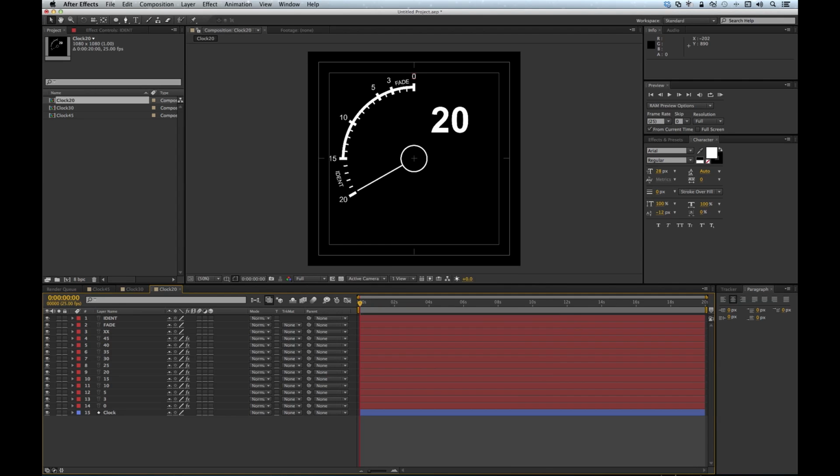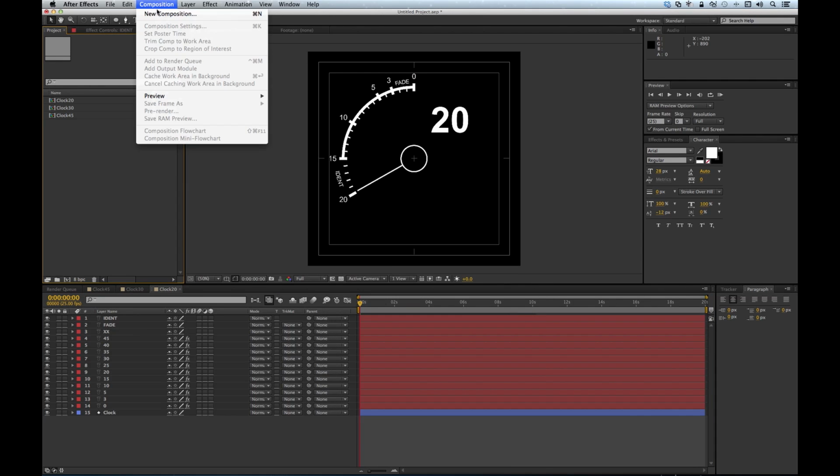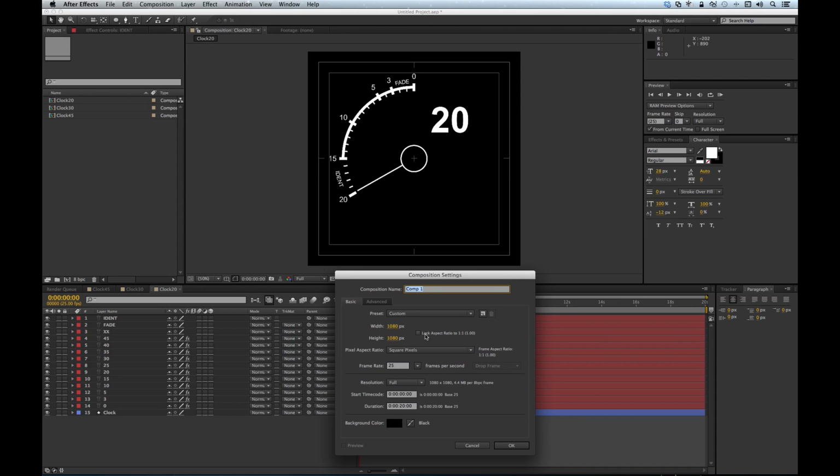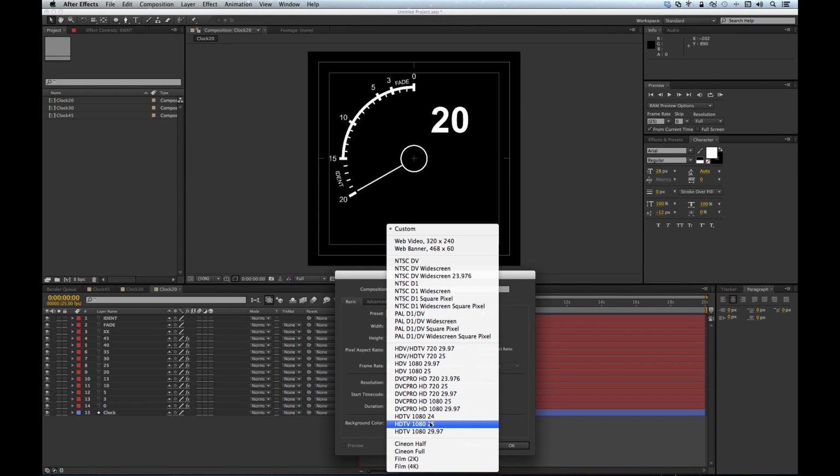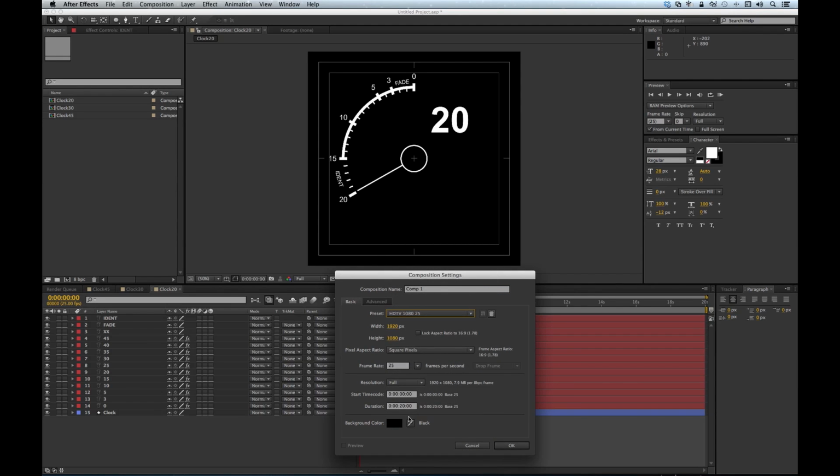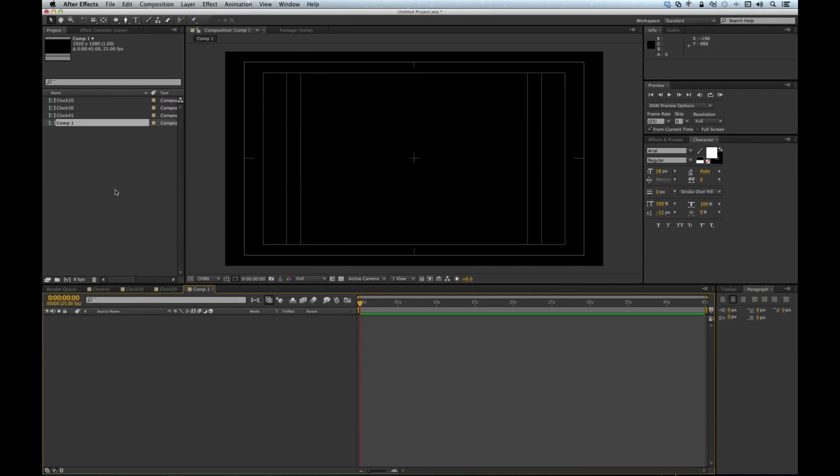So let's create our leader composition now. So let's go to composition, new composition, select the full HD preset, and leaving the width and height at the default values, and let's just set the duration to 45 seconds. We'll create our longest leader to start with. And now we can just drag in our clock 45